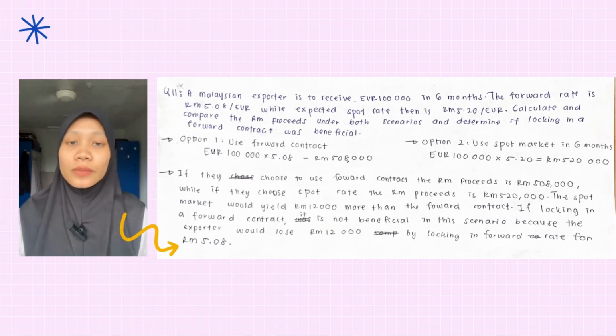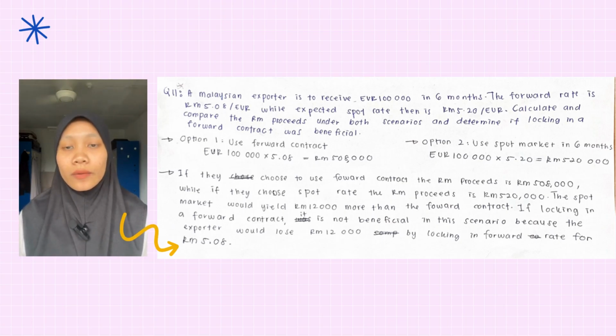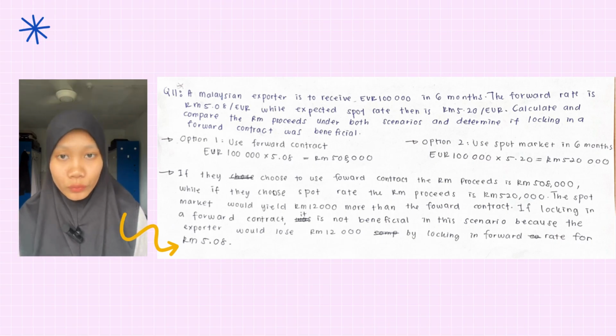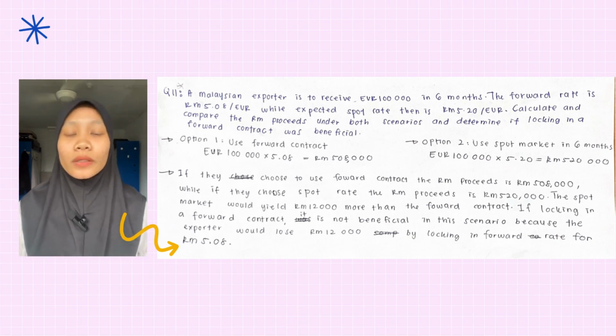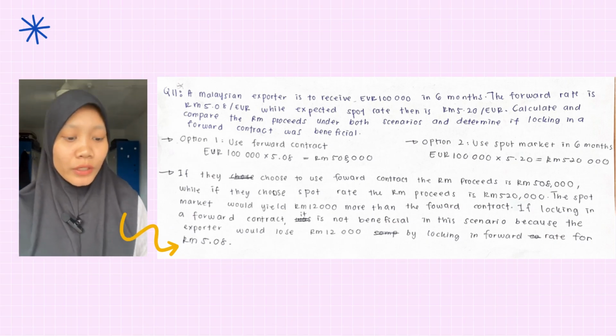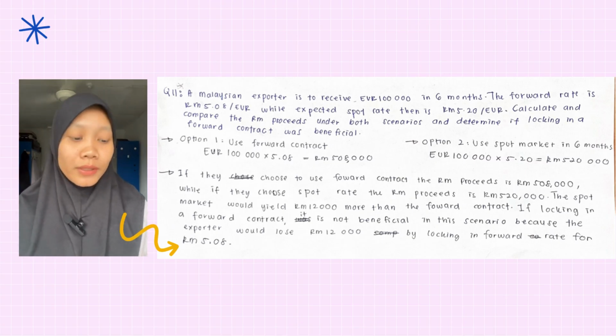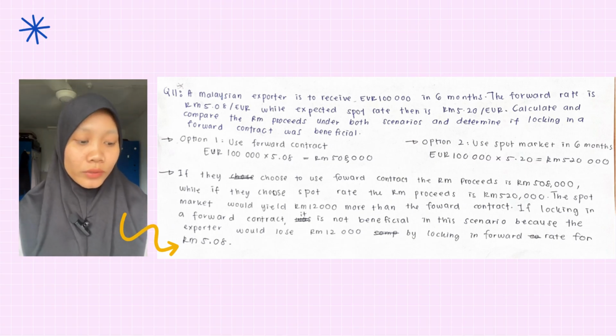Question 11. A Malaysian exporter is to receive 100,000 euro in 6 months. The forward rate is RM 5.08 per euro, while the expected spot rate then is RM 5.20 per euro. So we need to calculate and compare the RM proceeds under both scenarios and determine if locking in a forward contract was beneficial. So we can see that if they use a forward contract, where 100,000 euro multiplied with 5.08, they will get RM